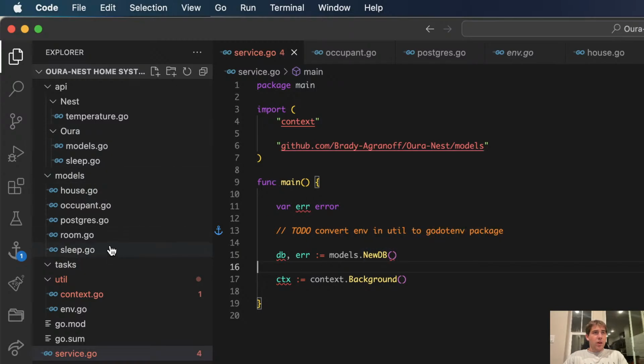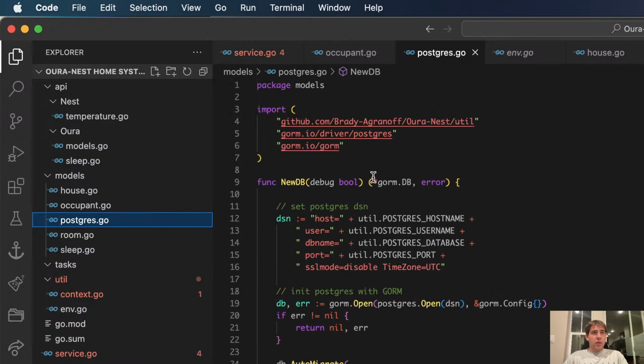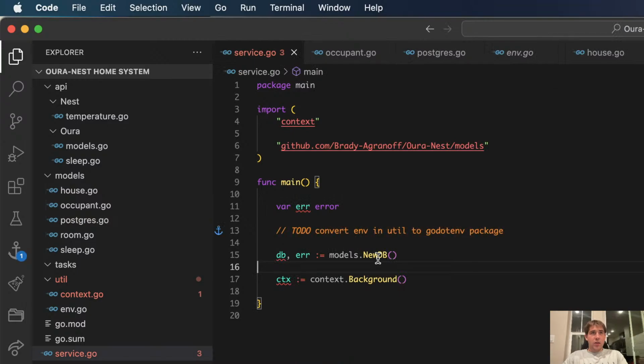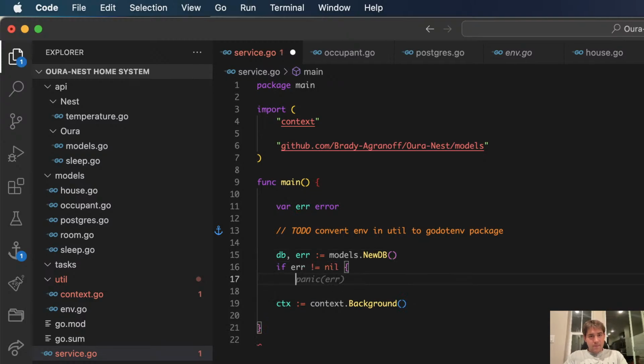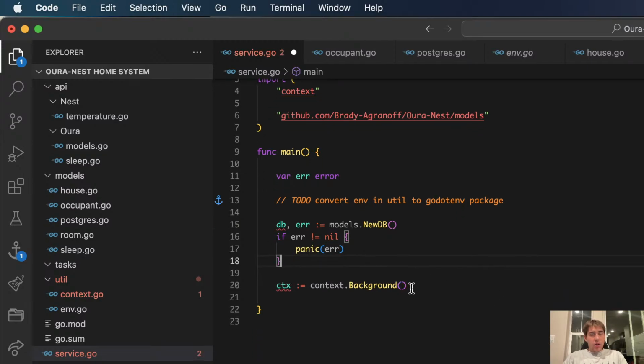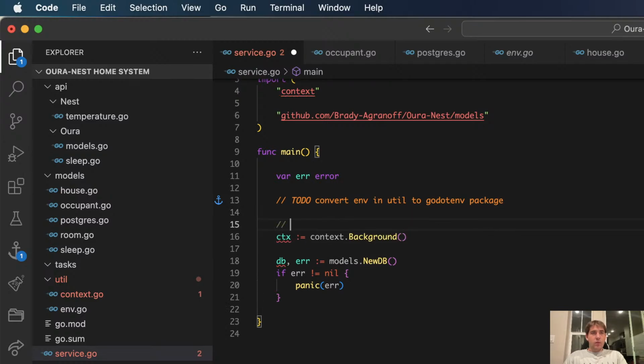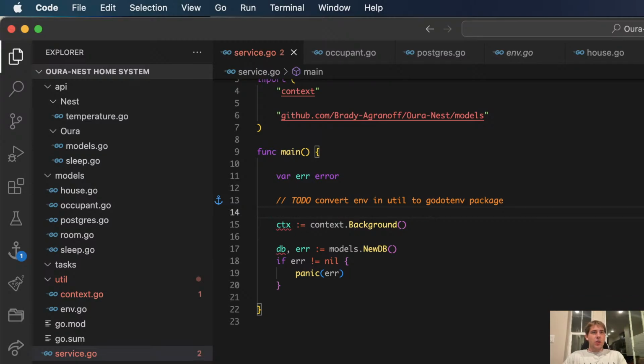Oh, why do I have debug? I don't want that for now. It does nothing. This is super simplified. Just want it up and running. Yeah, we can just panic it for now. That's fine. I'll come back and fix all this. I'm going to move this. Let's say set all context. No, I don't need that actually. Stupid comments.